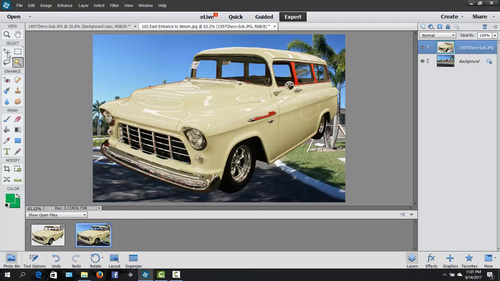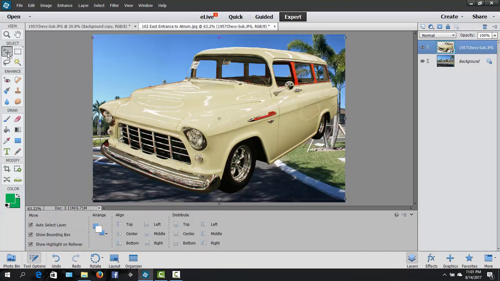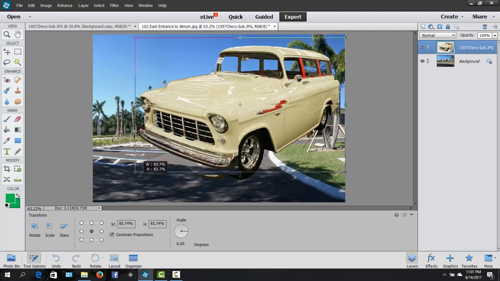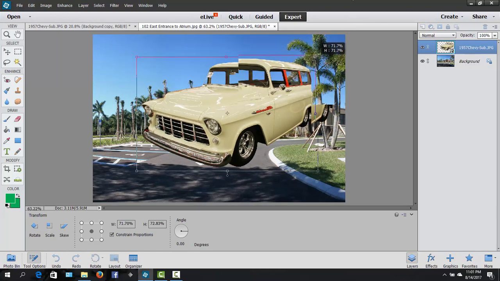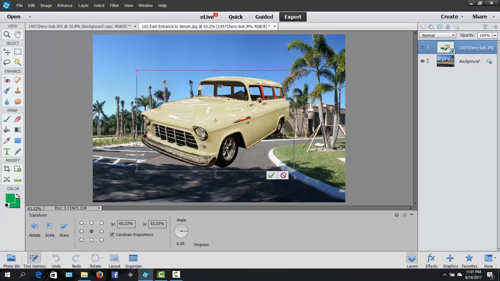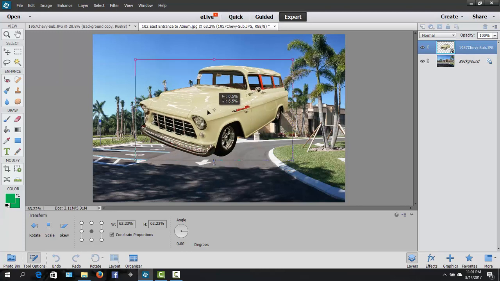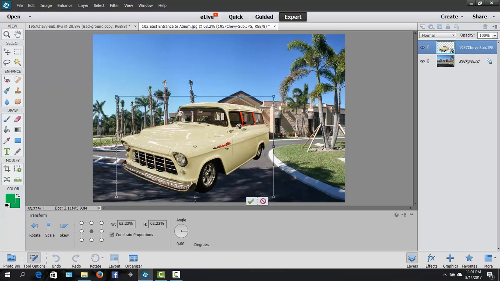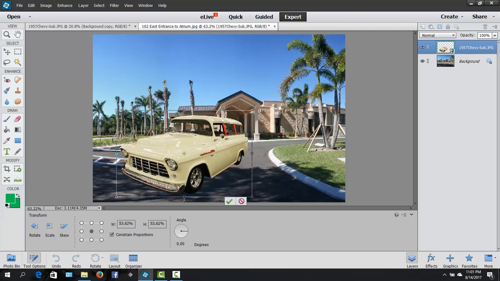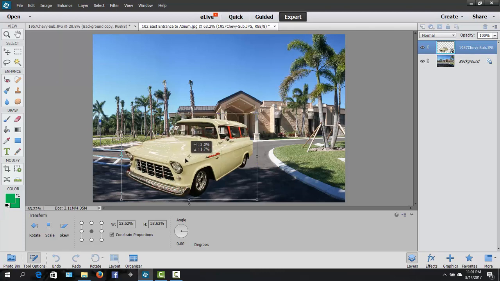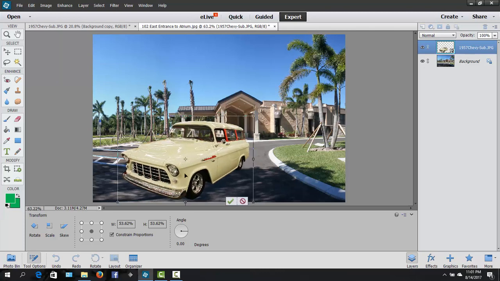I'm going to go over here on the left side and pick up the moving tool, and you'll see now that has that outlined so that I can adjust it around. I can resize it, I can turn it, I can move it around, I can adjust it up and down, I can move it just about anywhere I want. I can size this now